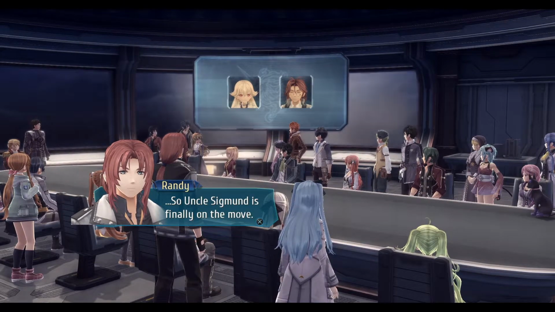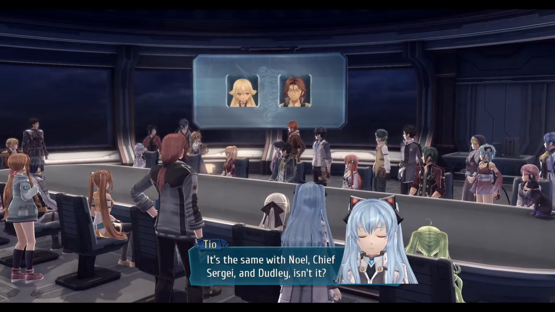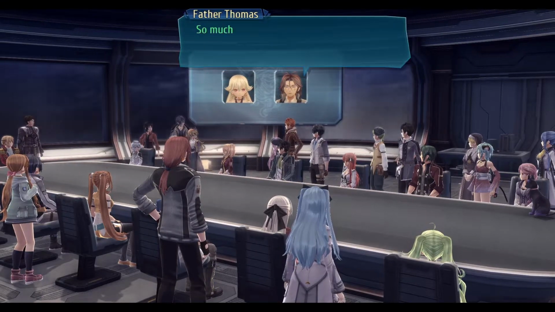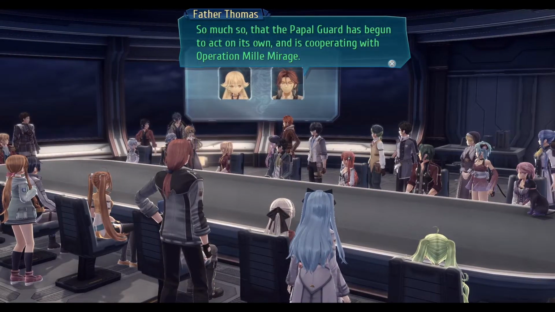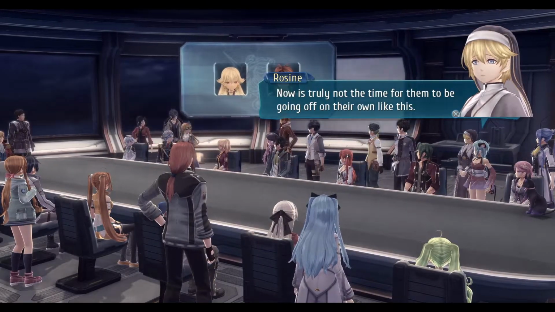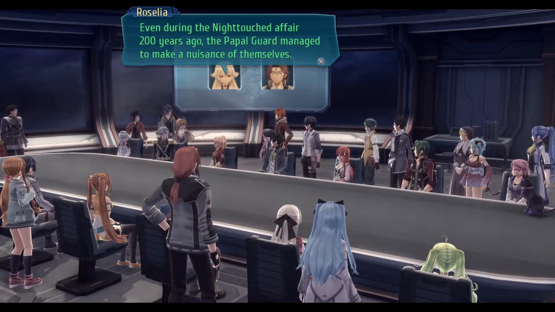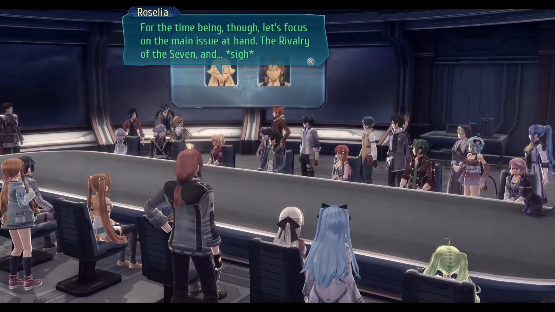Solgan Sigmund's finally on the move. Yes, Arios and Rixie are responding to their actions. It's the same with Noel, Chief Sergei, and Dudley, isn't it? I hope they're all okay. To be honest, things are looking fairly grim. So much so that the Papal Guard has begun to act on its own and is cooperating with Operation Mirage. I suspected as much. Now is truly not the time for them to be going off on their own like this. Even during the Night Touch affair 200 years ago, the Papal Guard managed to make a nuisance of themselves. For the time being, though, let's focus on the main issue at hand, the rivalry of the Seven and...